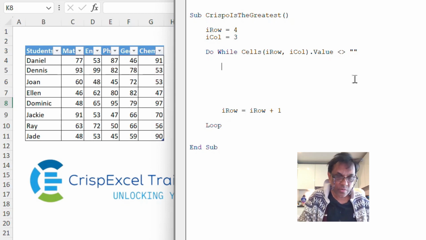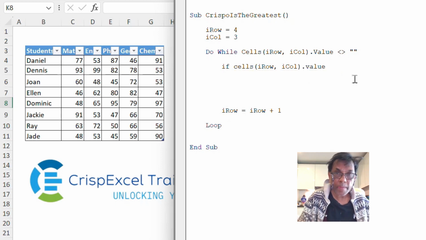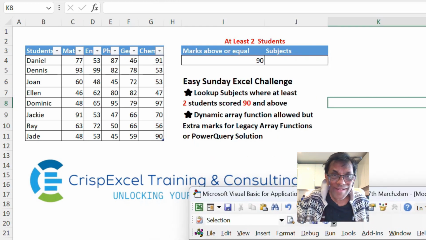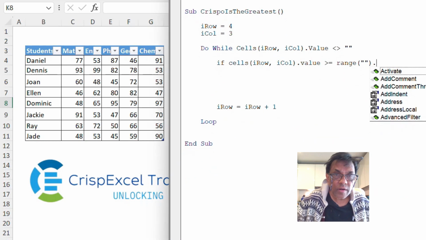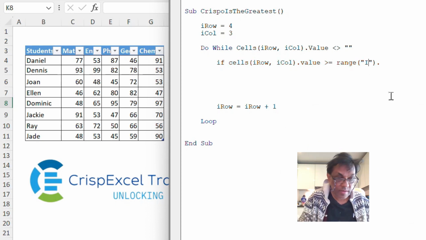So if cells(I row, I call).value is greater or equal to range I4 value, then